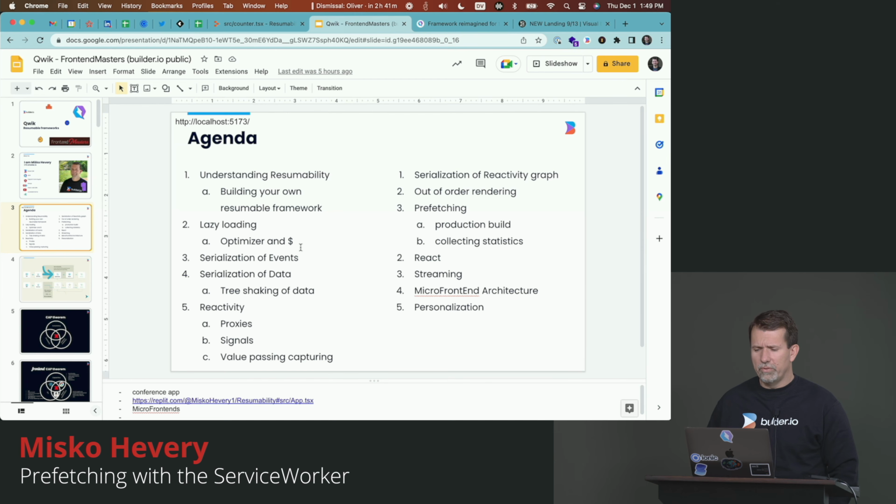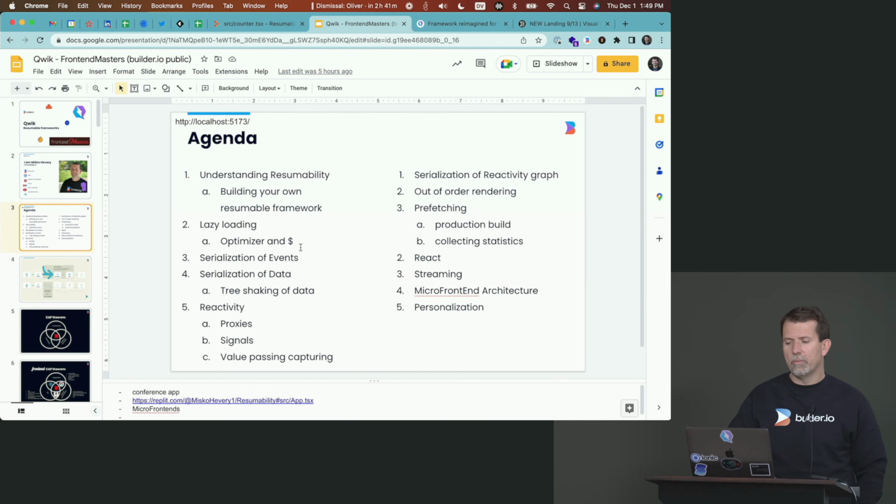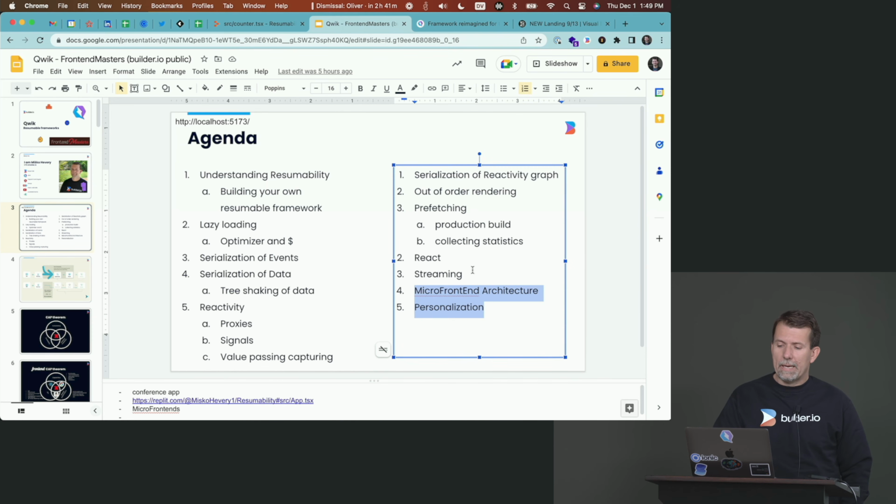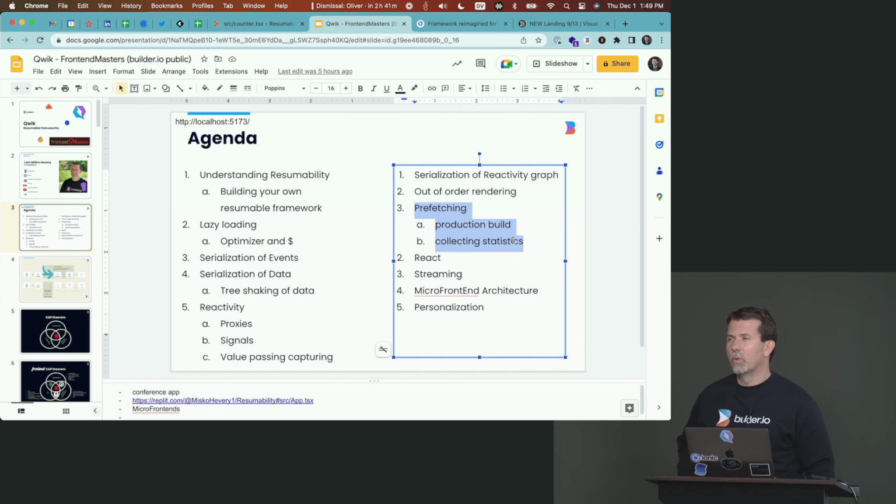Oh yeah, let's talk about prefetching. And also you asked about the containers. So I kind of showed you the micro frontend architecture and the personalization. The streaming we kind of talked about: we only have in-order streaming so far, but out-of-order streaming, or out-of-order rendering, is something we're thinking about very heavily. But let's talk about prefetching, because I think a lot of people have questions or concerns that